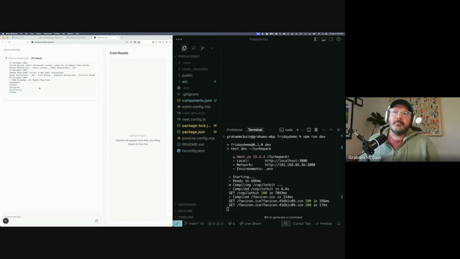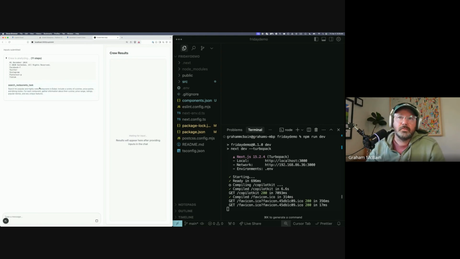This is sort of a rough approximation, just showing the raw inputs that you're getting from the crew as it's coming back. What we're going to do after this is I'll show you a lot of the features that Copilot Kit has that allow you to make more natural, more integrated surfacing of this data, so that the application can feel a lot more